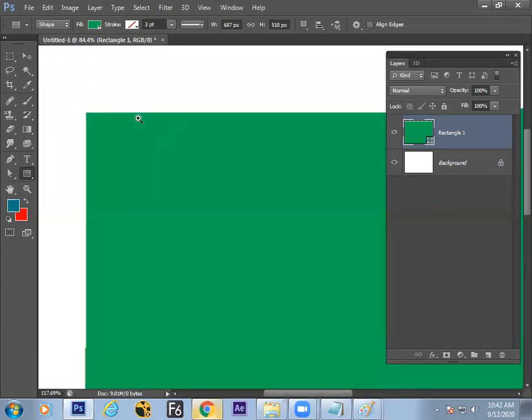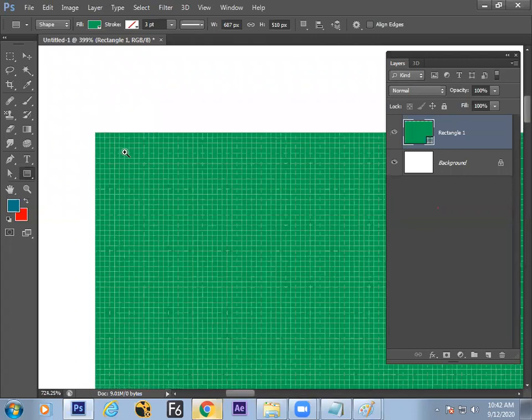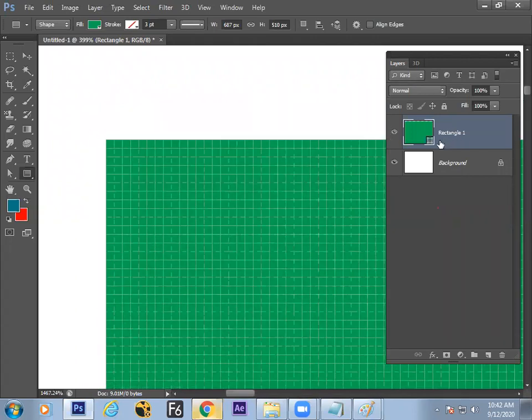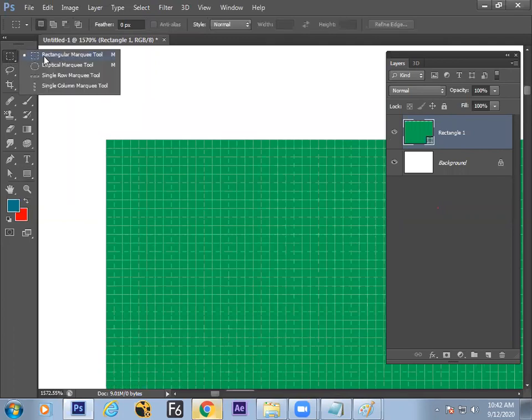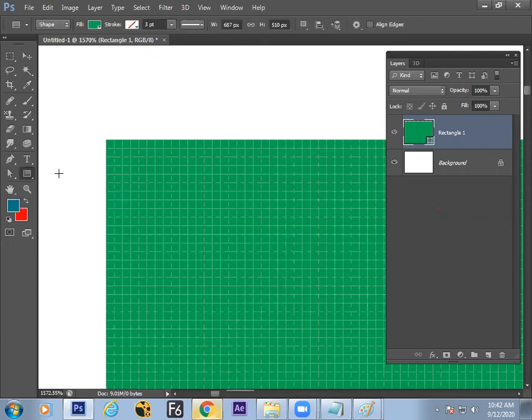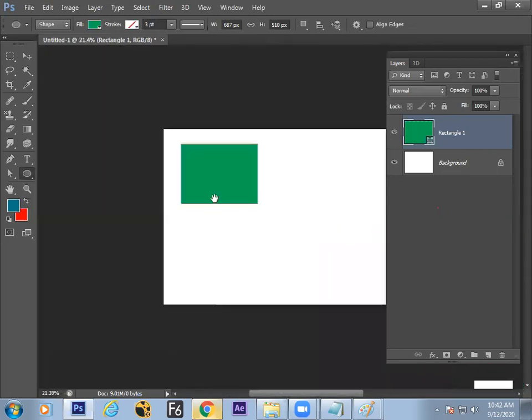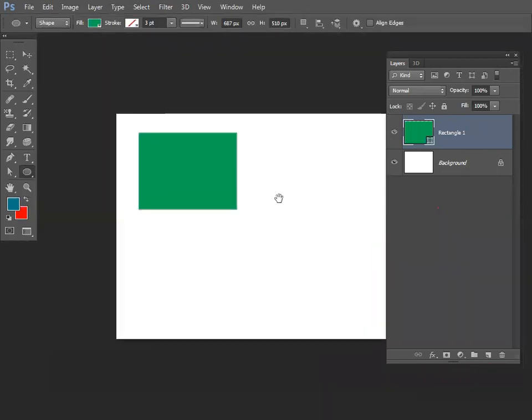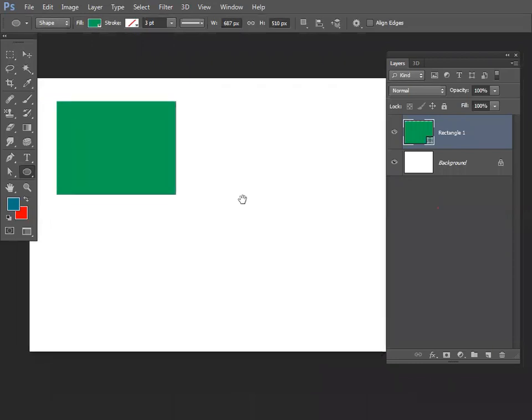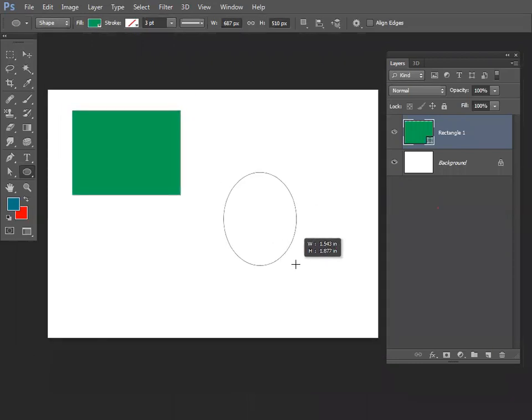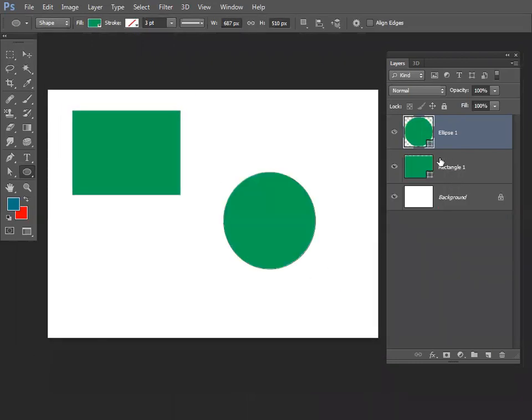When you draw, it is automatically creating a new layer. You can see that it is creating a rectangle layer. Unlike this one, we have to create that new layer. But when you are creating vector graphics like a rectangle shape or circle shape, when you're drawing a circle shape, that circle shape will go into a new layer automatically.